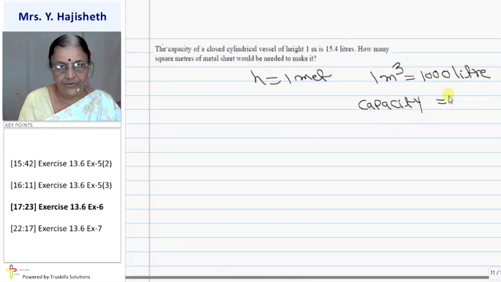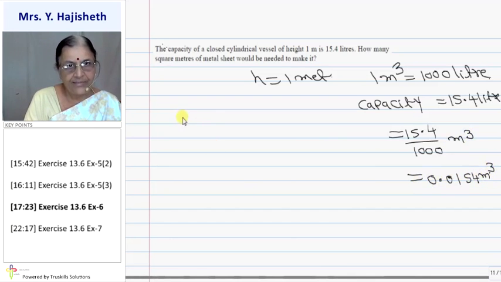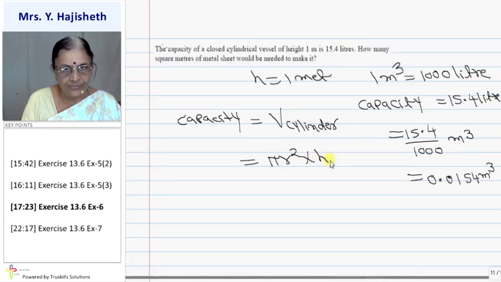So capacity कितना दिया है? Capacity is given as 15.4 liter. So is equal to 15.4 upon 1000 meter cube. So it is 0.0154 meter cube. This is my volume. And capacity is nothing but the volume. Capacity is equal to volume of cylinder. Okay. Capacity of cylinder is volume of cylinder. Pi r square into h. But capacity, that is volume, is given as